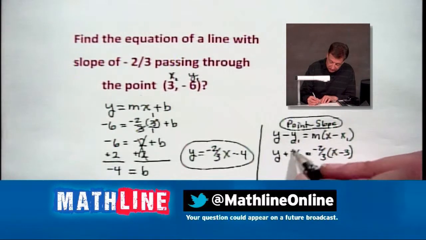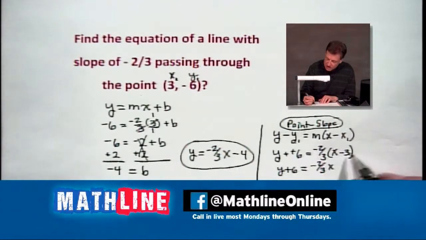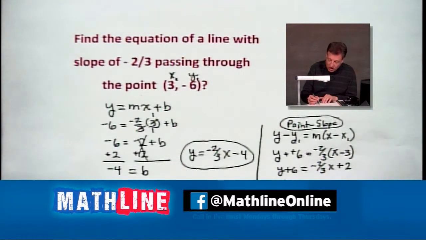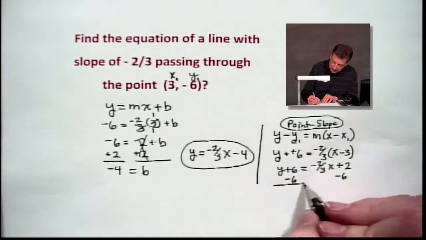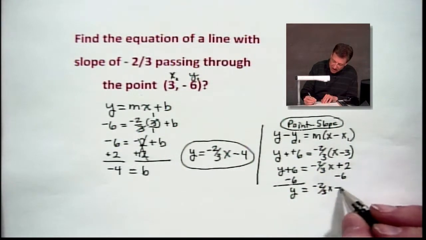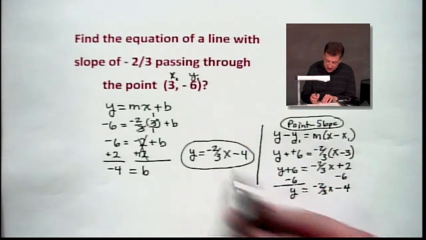So we're going to put plus, and we get y plus 6 equaling, we'll run this through here, distribute negative 2/3 x. We still got to run that through there, but it looks like it's going to be a plus 2, right? Okay, what's missing? What's missing, everybody? We got to get y by itself. We're almost at slope-intercept form. So let's kick it out here. We'll say subtract 6, subtract 6. I've got y equals negative 2/3 x minus 4. Is that what we said we were coming up with? That's what it's got here, what we got here.